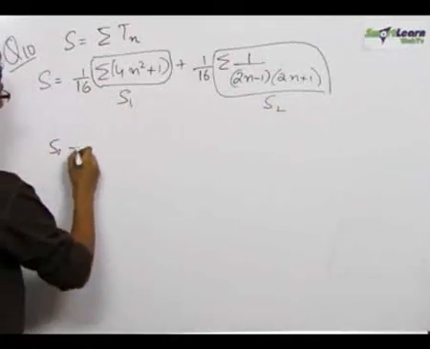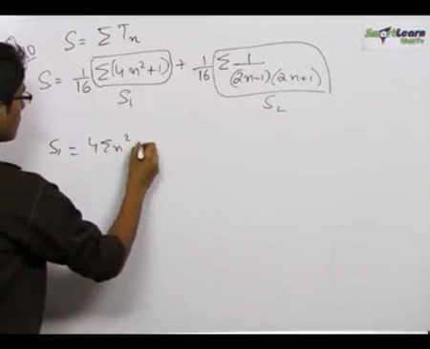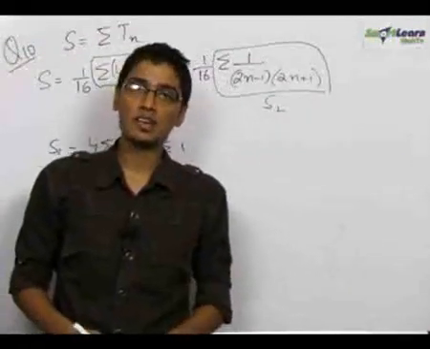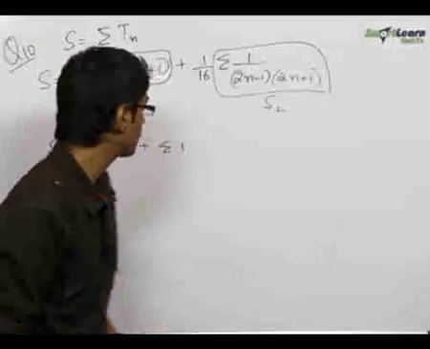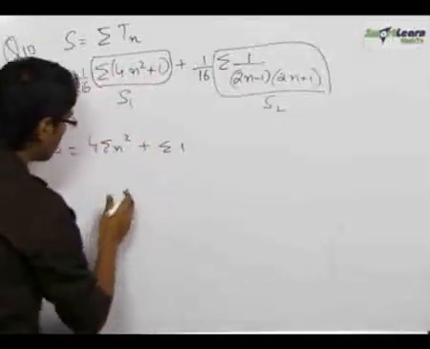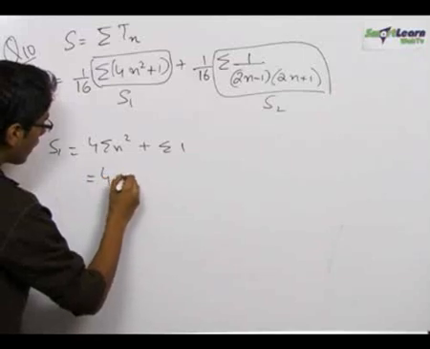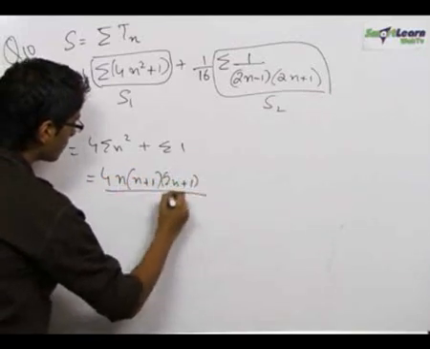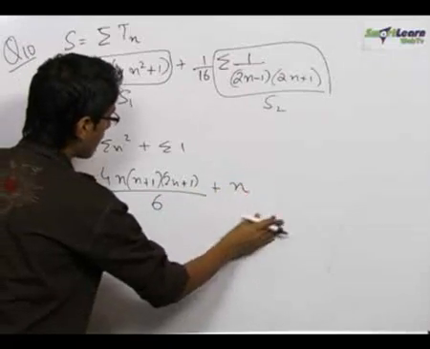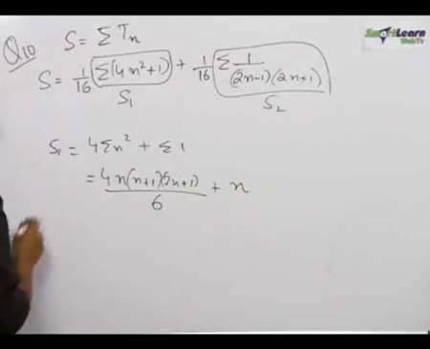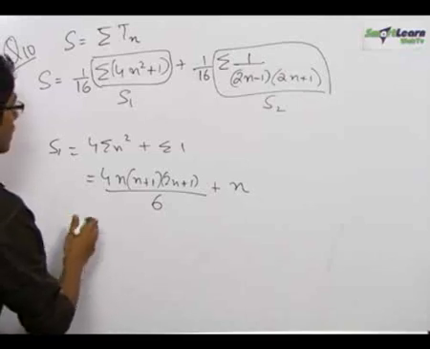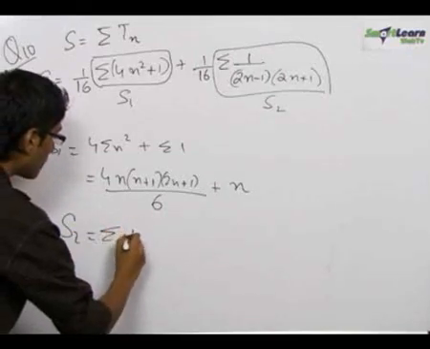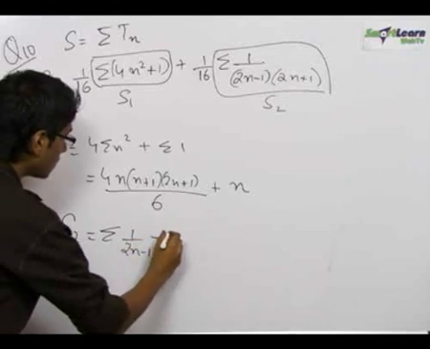Now, S1 is 4 sigma n square plus sigma 1, and we know that sigma n square is n into n plus 1 into 2n plus 1 by 6, and sigma 1 is clearly n. So, we write this as 4 into n into n plus 1 into 2n plus 1 by 6 plus n. So, this is our S1,